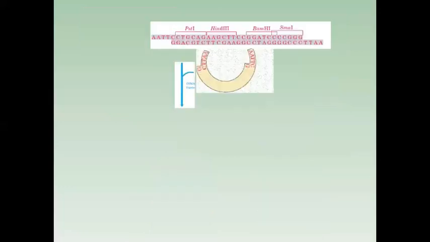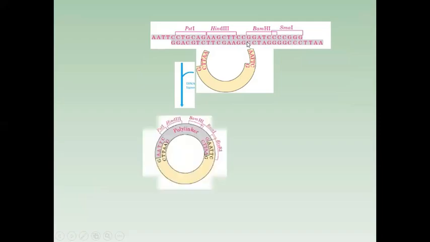Now, another thing: here two staggered ends have been shown. So in a single sequence like this, more than one restriction enzyme can find its own respective recognition sequence, and the DNA can be digested using multiple restriction enzymes. So one particular sequence may have many restriction enzyme recognition sites, and it is very helpful while cloning. Because in this case, we can get many, within the insert also.